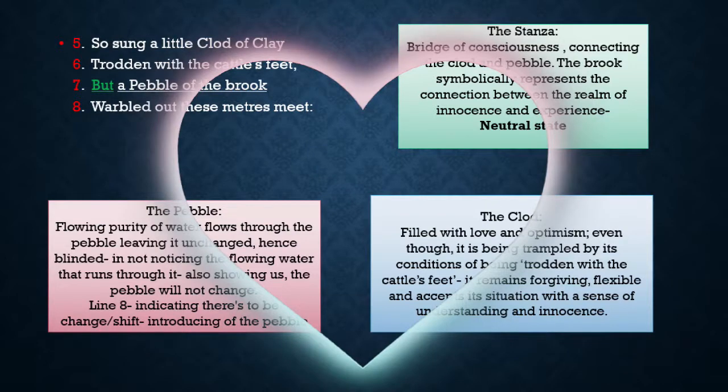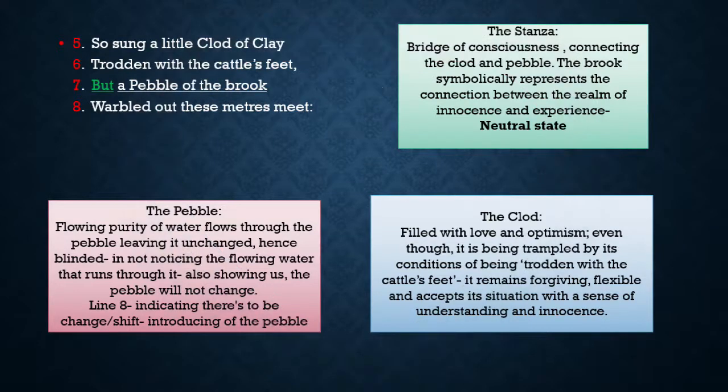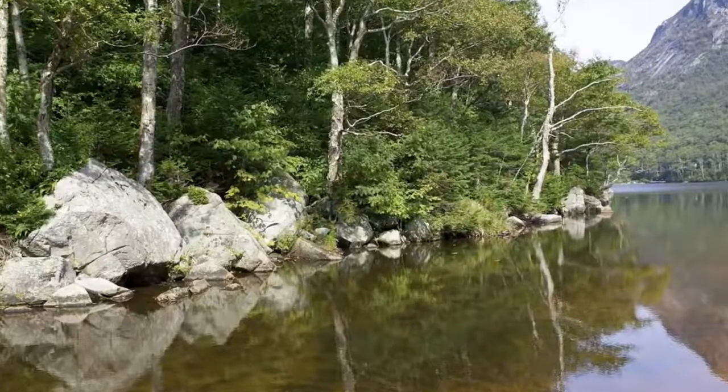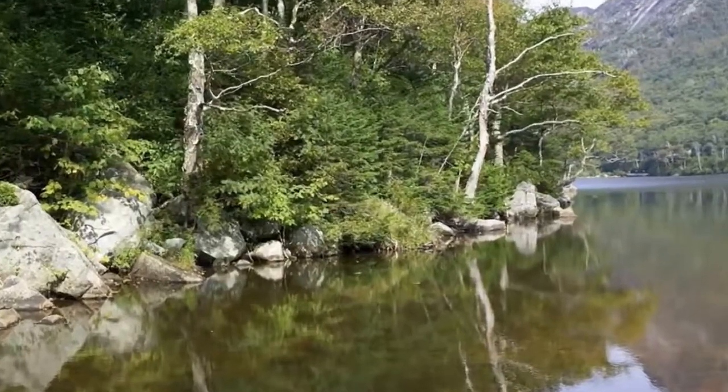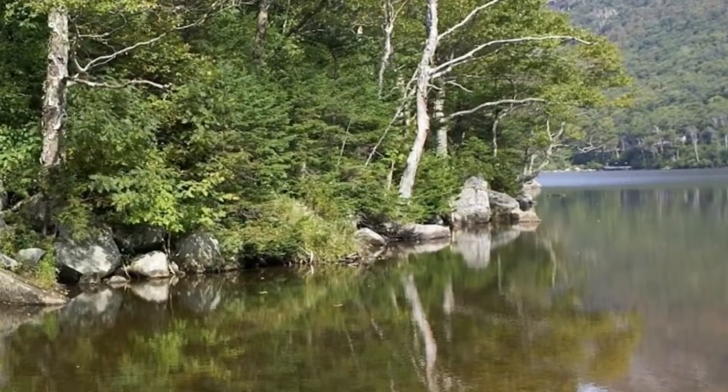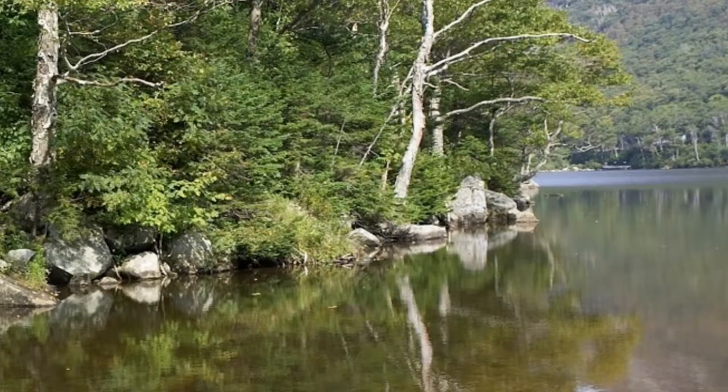Line 7. But a pebble of the brook wobbled out these meters meet. So now we're being introduced to the pebble. But a pebble of the brook. The pebble is in the river by the brook, and one can imagine that there's a flowing stream, like water is flowing constantly, and water,